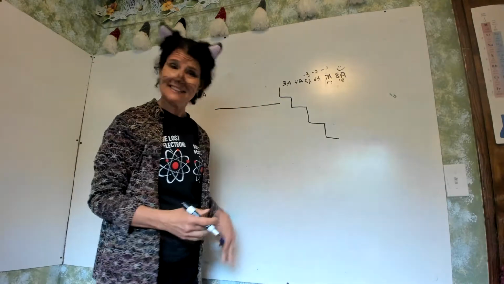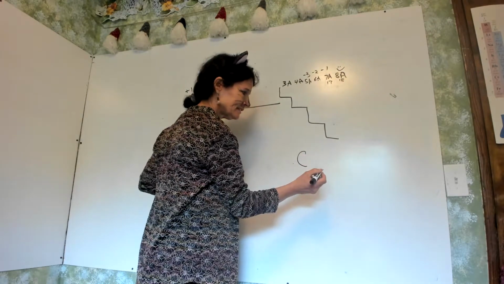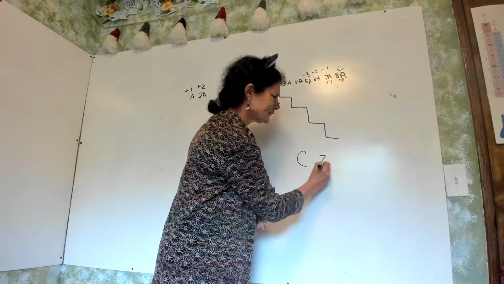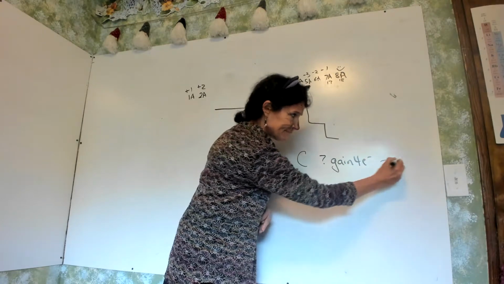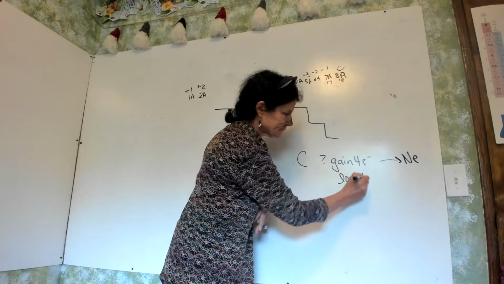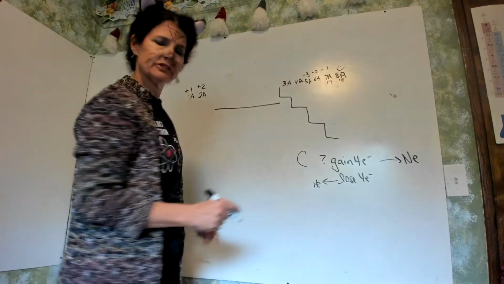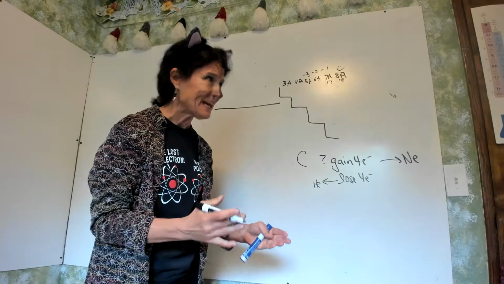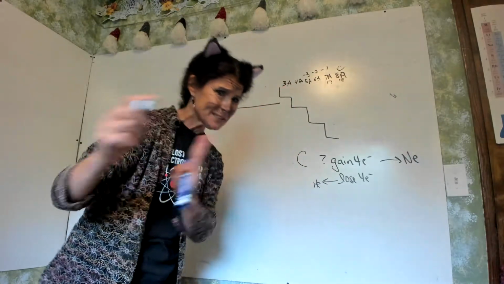So normally I ask this question. If we're talking about carbon, is carbon going to gain? Here's the question for you. Does it gain 4 electrons to become like neon? Or it could lose 4 electrons and it would become like helium. So it would drop back. They're both stable. And they're both far away. It's right smack in the middle. We can say the same thing about silicon. Does silicon drop back to neon, or does it move forward to argon?